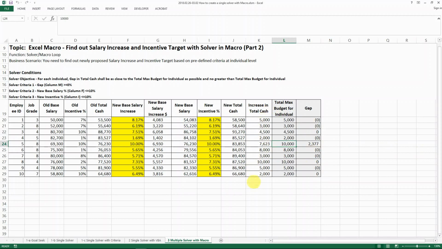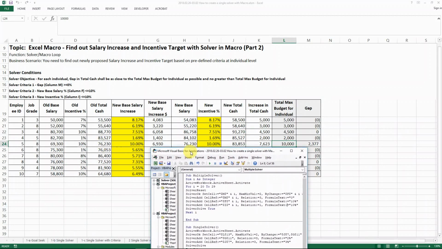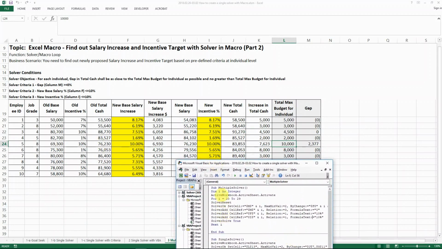When you have a budget that you need to spend, it's okay to have some surplus, but it will be a problem if you have any kind of gap or overspending in your budget. So this solution is actually a very nice solution that we want, and this is the code that I have for it, and as always, I will paste it